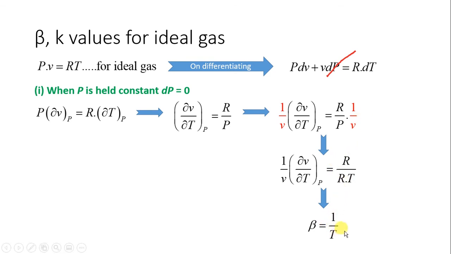This is a very important relation. We will be using this relation in Mayer's relation when we are deriving there. One more thing I would like to emphasize over here is this beta value you will be again using in heat transfer subject when you deal with natural convection. So actually the definition of beta is what? 1 upon v dou v by dou T when pressure is constant. But for ideal gas, beta is what? 1 by T, where T is in Kelvin.